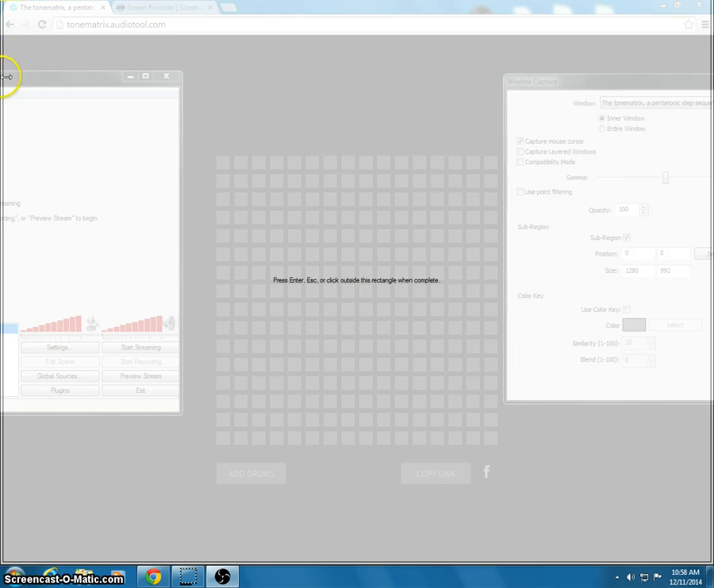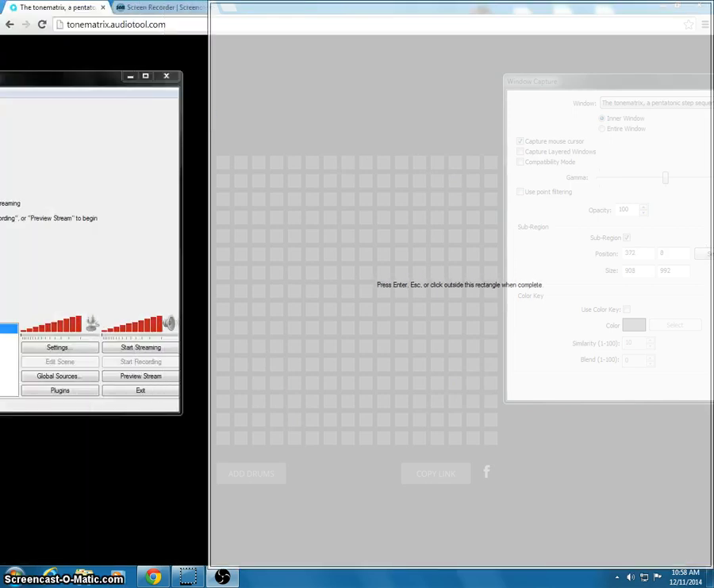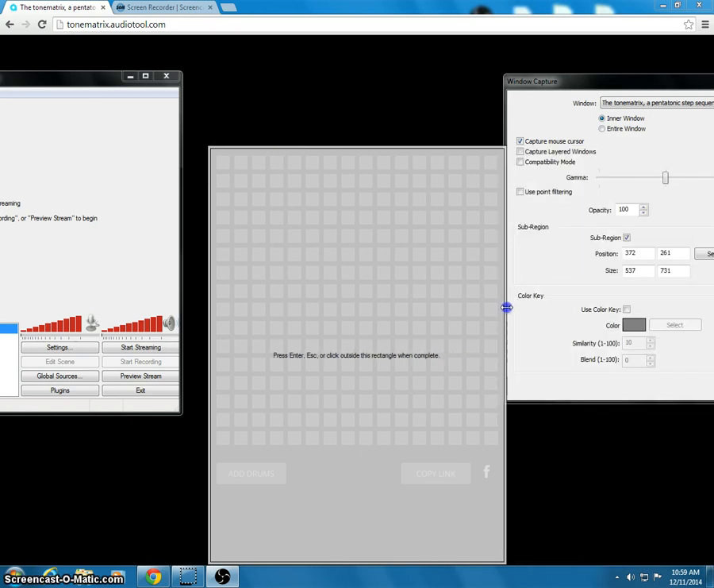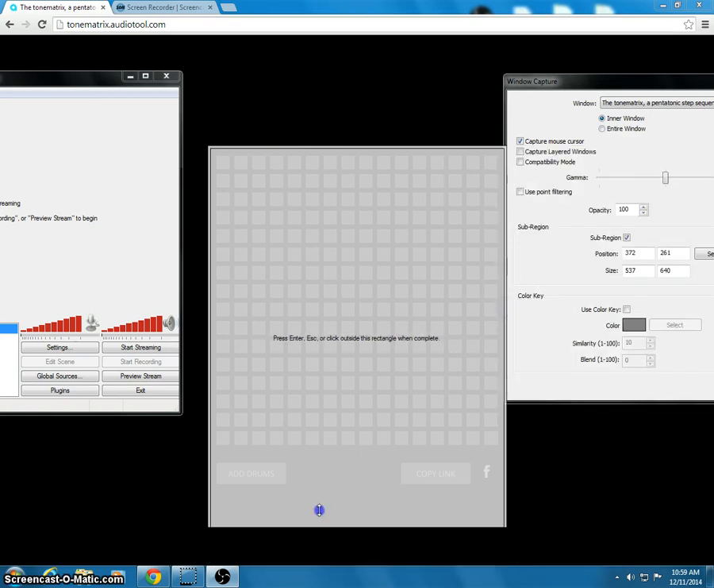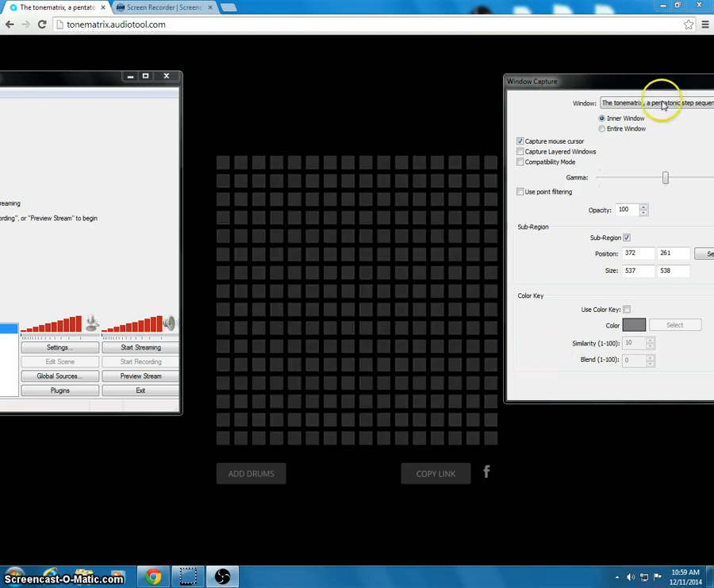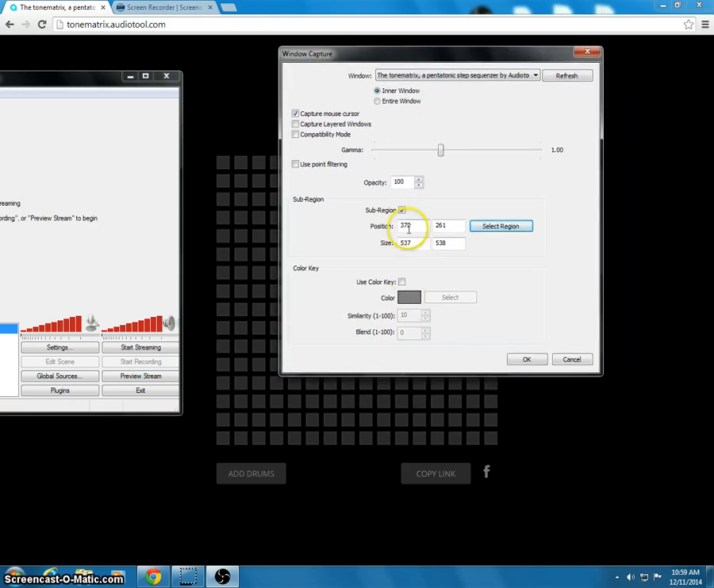And I'm just going to click on the edges of this and drag it over. I'm going to do that for each side. And press Enter, Escape, or click outside this rectangle when complete. So if I click outside the rectangle, there, my subregion is selected, and you can even see the X and Y coordinates here and the size over here. So you can adjust this depending on what you want to record. I'm going to click OK,